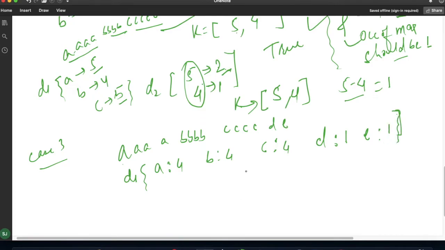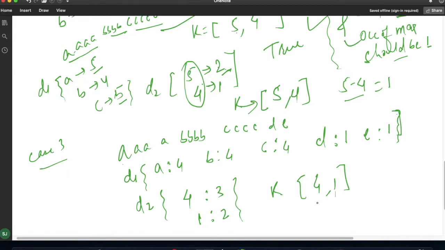And for D2 it will look like: key 4 whose occurrence is 3 times, and for 1 we have 2 times, and my key values will be 4 and 1.